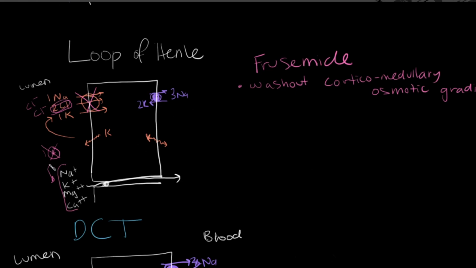And because we have a decrease in that positive charge, there is less reabsorption of these cations, particularly the magnesium and the calcium. So the end result of frusemide is to give us a